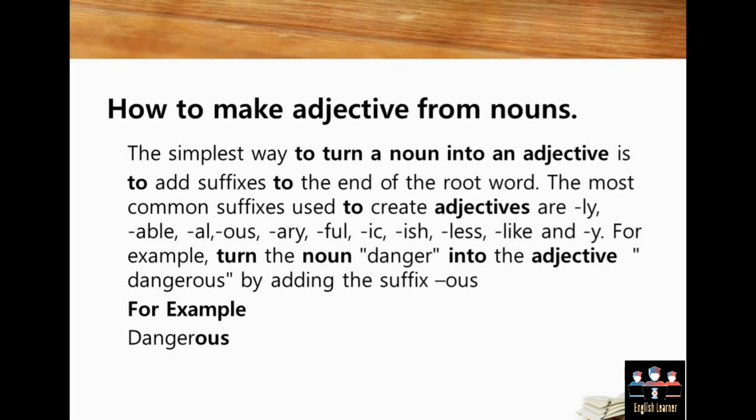Students, first of all we have to see how to make adjectives from nouns. It is very much simple. Just you have to focus on suffix and prefix along with the root word. So let us study it. How we are going to make it. The simplest way to turn a noun into an adjective is to add suffixes to the end of the root